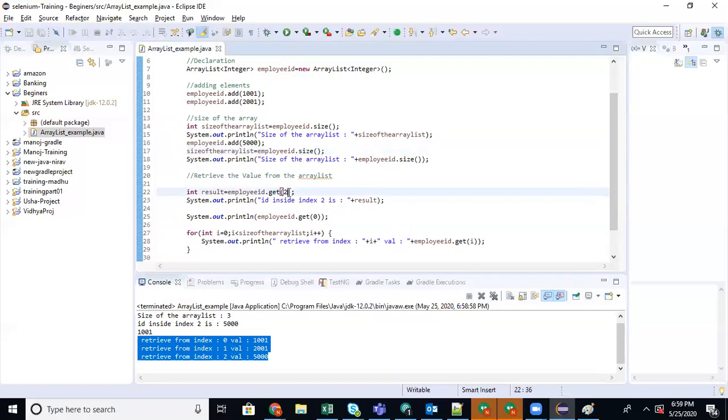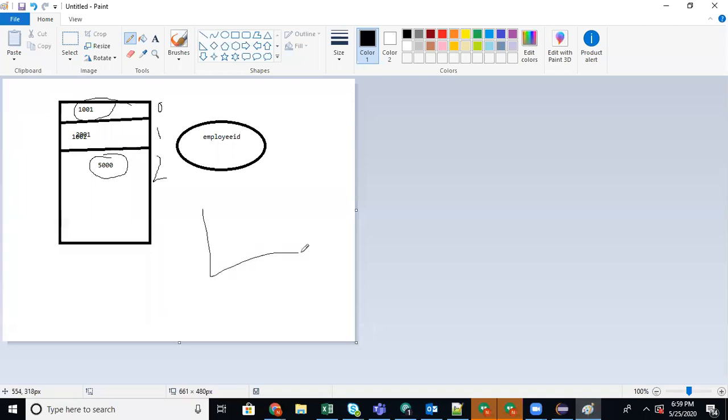So this is how the array list behaves. Any doubts? Yes, ma'am. Here, size of the array list is just a variable name, right? Yes, it's a variable name. Okay, fine. What happened is, I'm finding the size and saving the value in the variable.